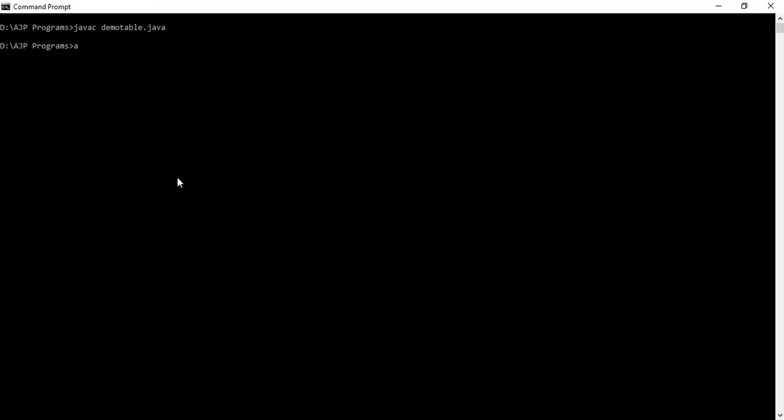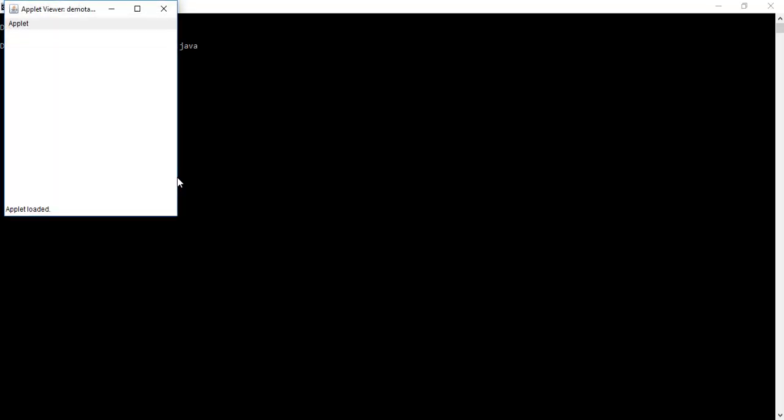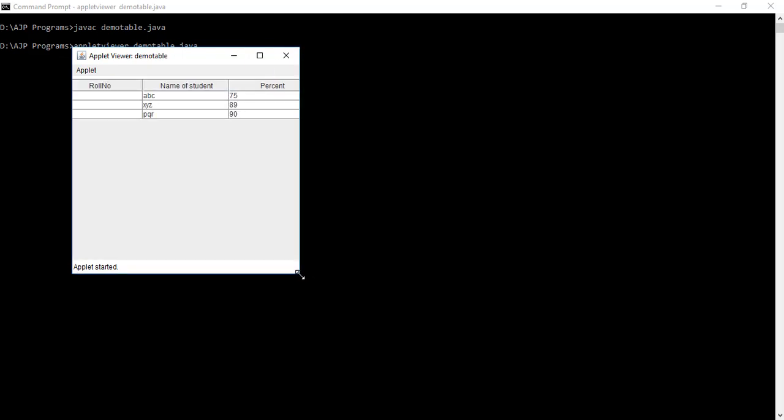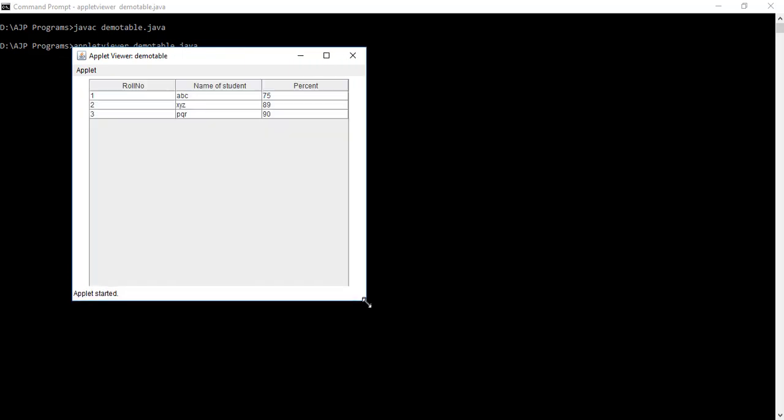Now execute the applet using appletviewer and the file name is DemoTable.java. Now this is my applet window where the table is created, which consists of these values: roll number, name of student and the percentage value.